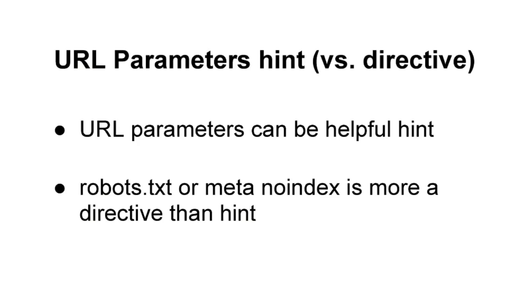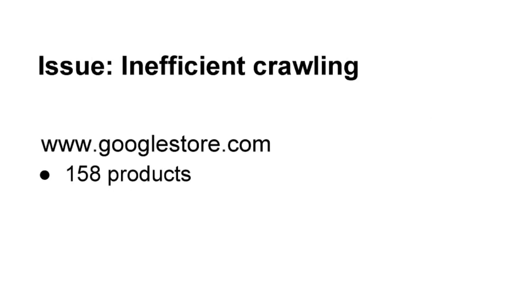The settings in URL parameters are used by Google as a helpful hint in our crawling process. For stronger directives, you want to use things like a robots.txt disallow or a meta noindex. But using the URL parameters hint is still very helpful. In 2010, the Google Store only sold about 160 products. That seems fine and fairly easy to crawl. But the thing is that of these 160-ish products, it actually created